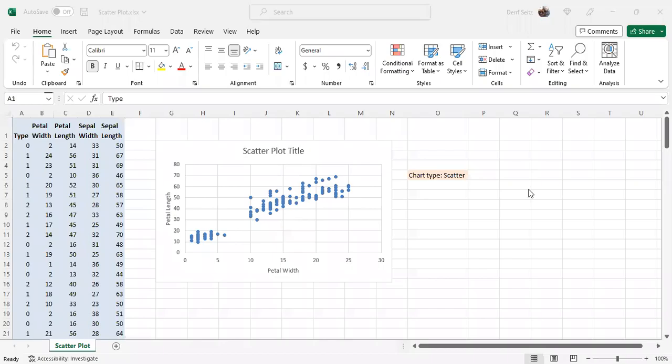This is Professor Dare of Sites. This video shows how to create a scatter plot in Microsoft Excel. A scatter plot is a plot of ordered pairs,